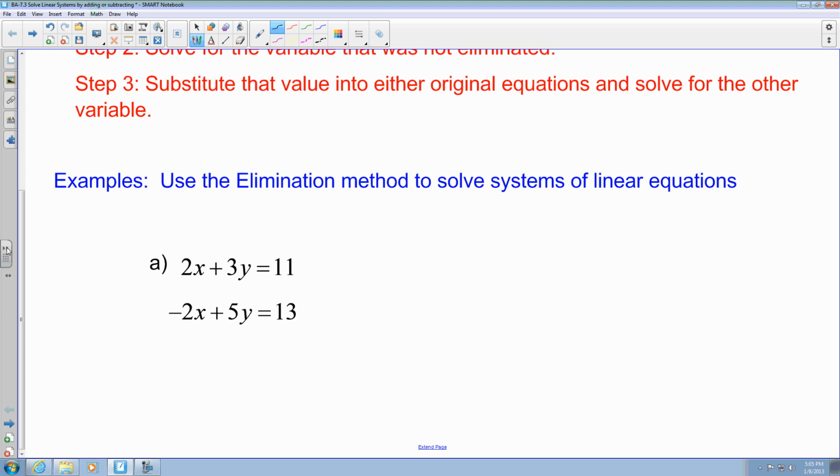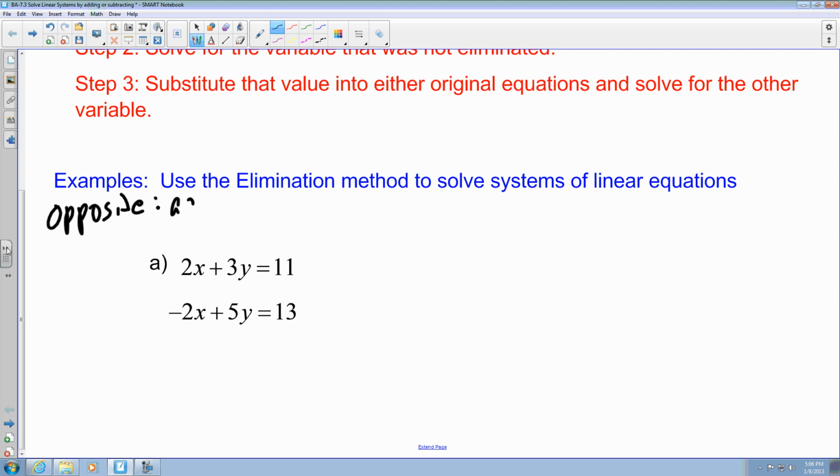So since I have the same number of a 2, that shows me that I'm going to eliminate my x first. Then you were dealing with adding and subtracting. So if you look, these two are opposites, one's a negative 2x and one's a positive 2x. If they're the opposite of each other,